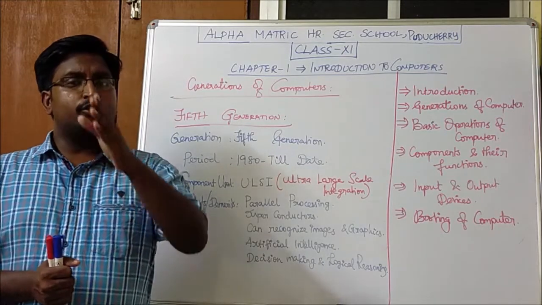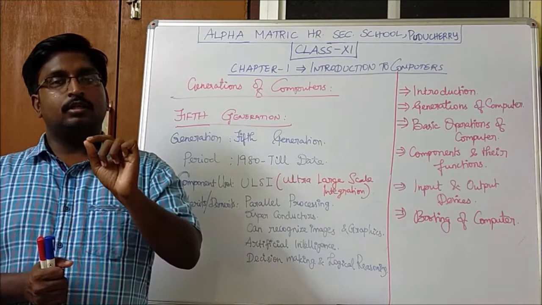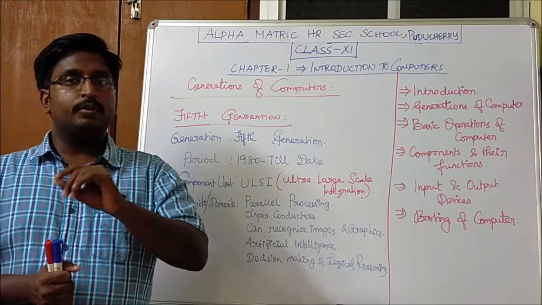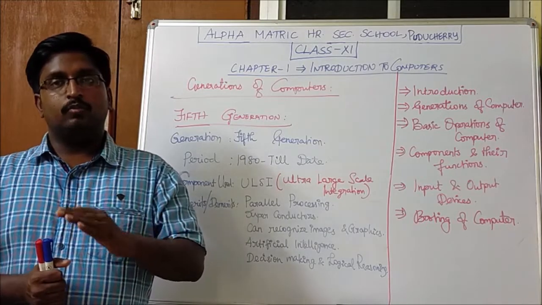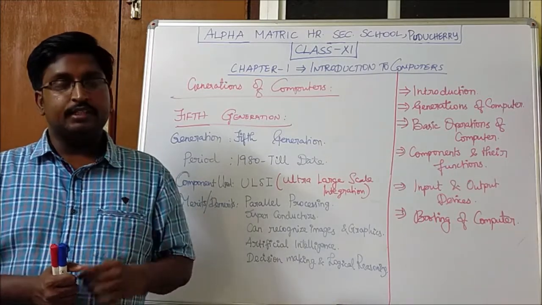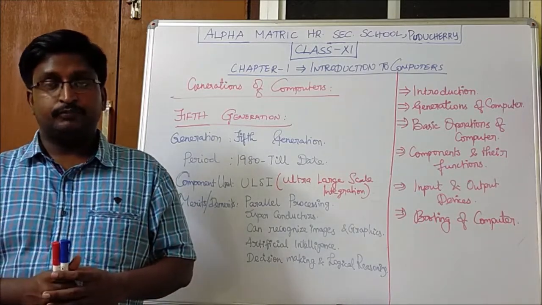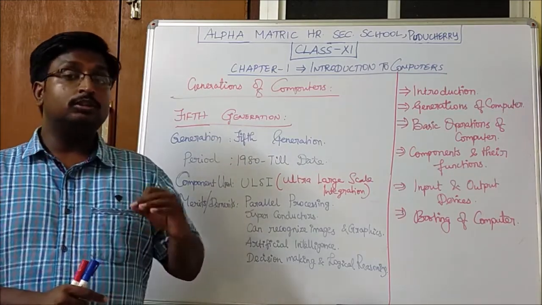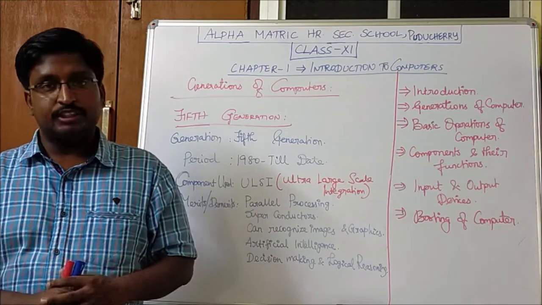Okay, and it shows the information that the maximum limit is reached or the content cannot be copied due to the over size. Like that, it will display some information. So this is the decision making and logical thinking. So this is all about the merits in the fifth generation.